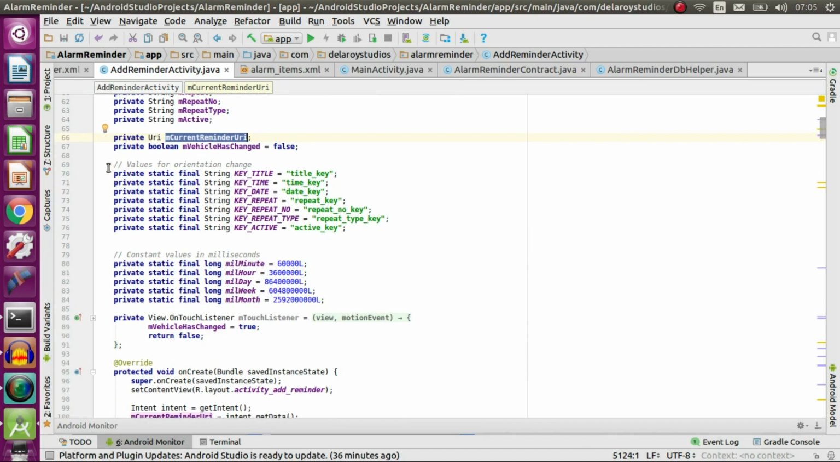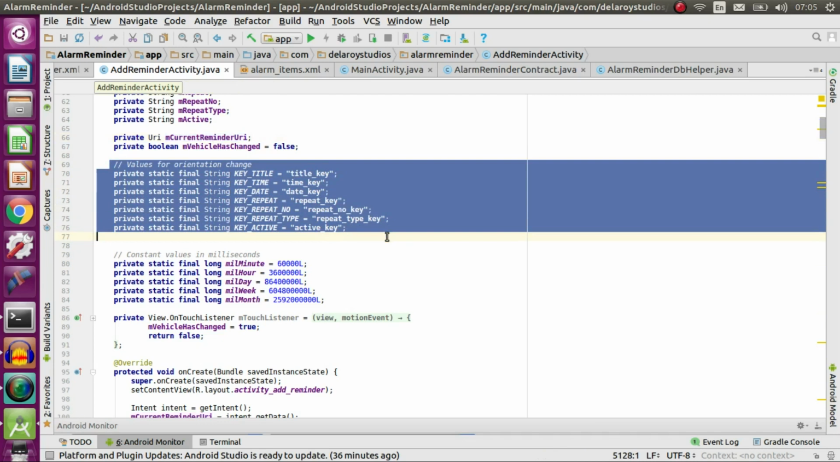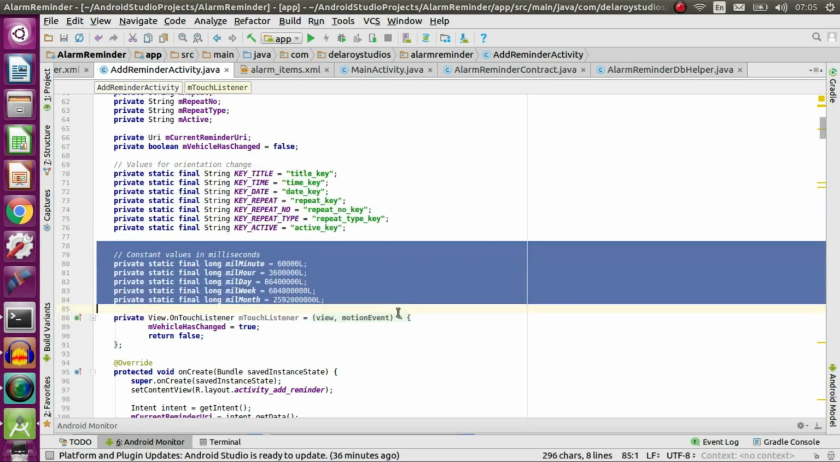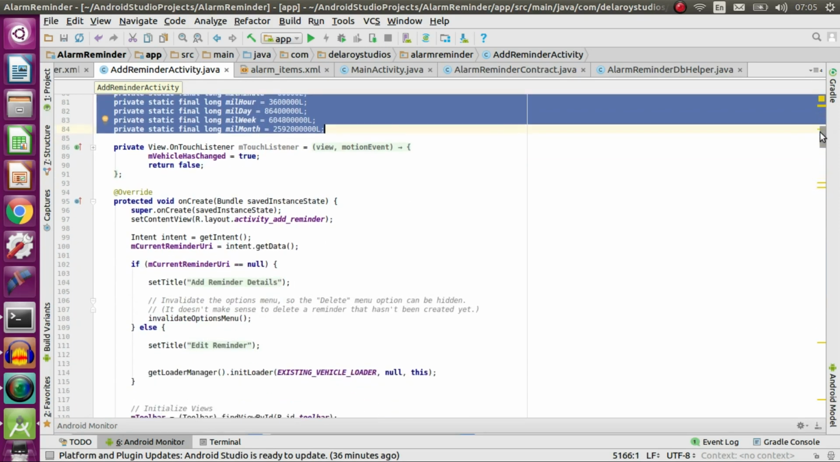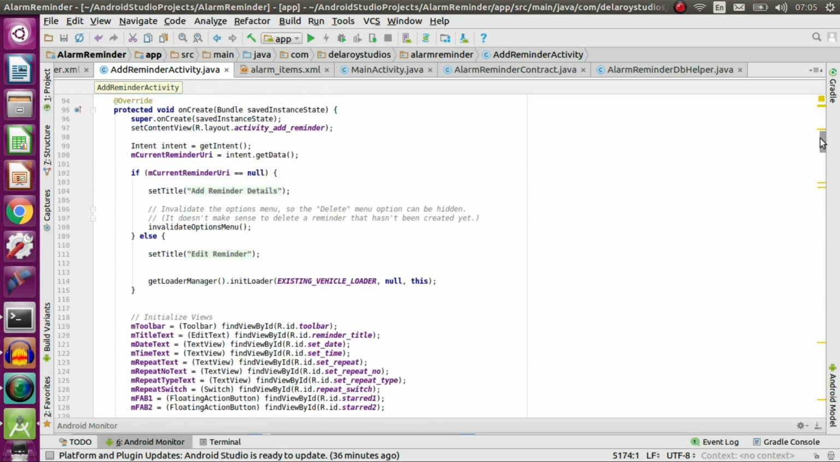We have values for the retention changes, where we're going to actually handle this on saved instance state to actually save the persistent state when you even change the orientation to landscape. And the constants we'll be using here converted to milliseconds. This is a timing we'll be using. And let's get to look at the body of this